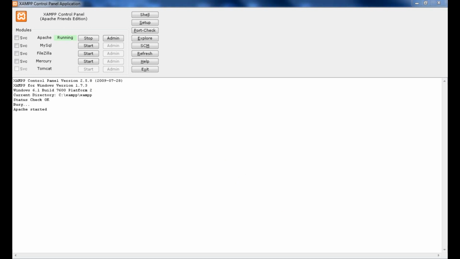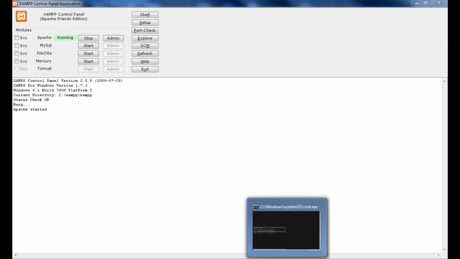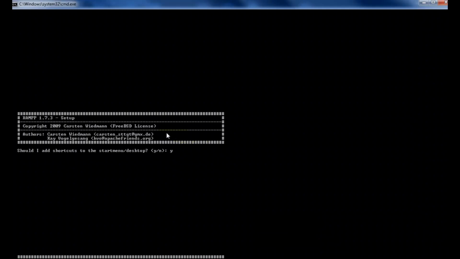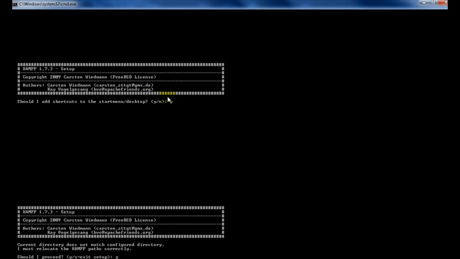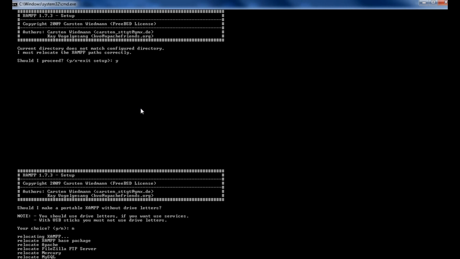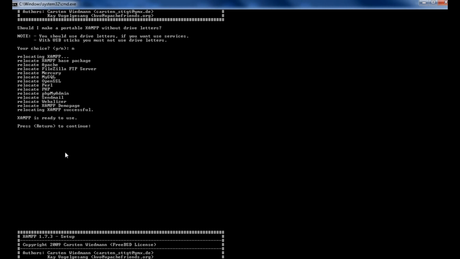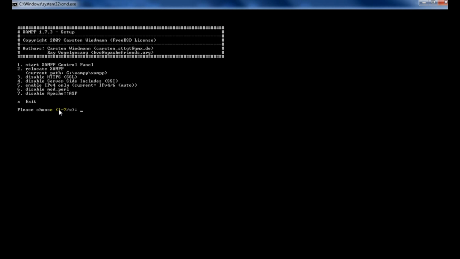Okay, so first of all, you will need to download it. Download it for your OS. I recommend the exe file, or the executable. And once you're done installing, I installed mine on the C drive, it will open up this, and you just choose whatever you want. But once it comes down to the last part, start the XAMPP control panel. I chose yes,